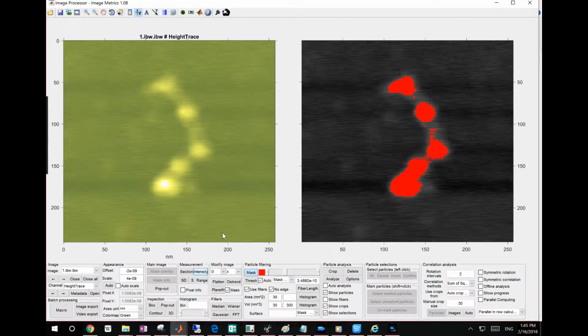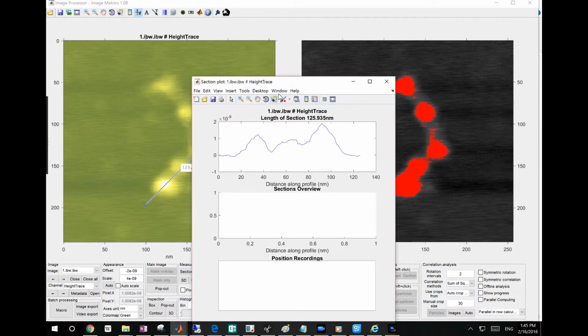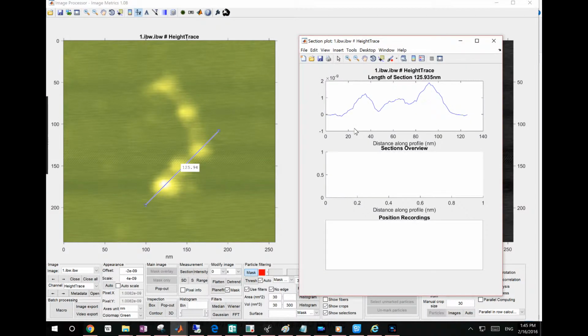To do a section analysis, you just click this button, and then you can draw a line in the image, and this will give you a new window with the profile of the section shown here. You can add position markers in the section, which adds markers on the section profile and also in the image itself. The colors of the markers will match. And the legend of the section plot gives you the XY location of the marker,